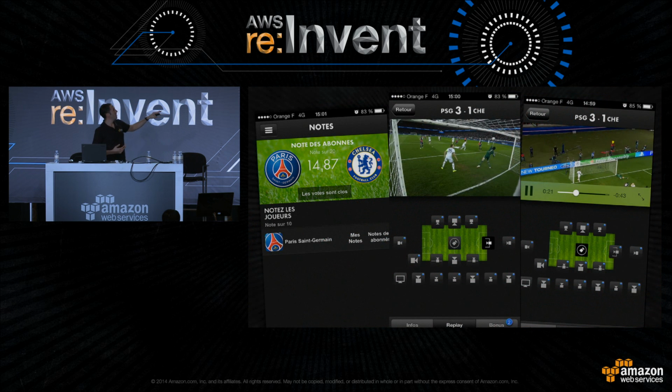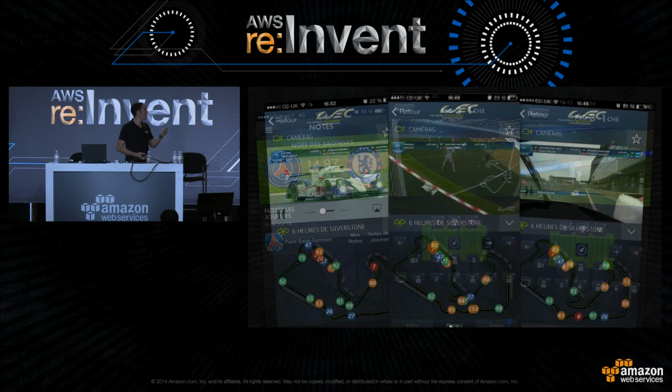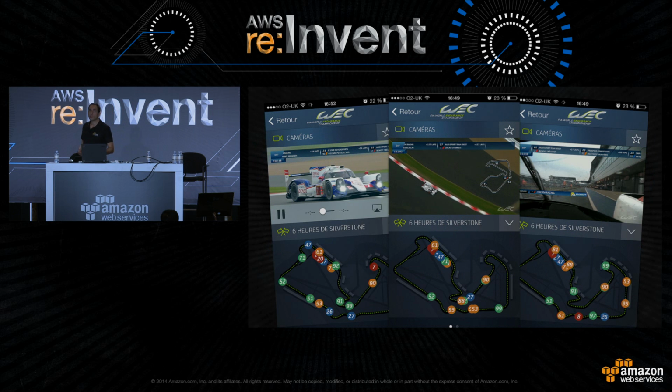You can watch the game from different angles. You have live video streams, and you can choose the camera with the mobile application, and do replays of actions that you choose yourself. That's really media enrichment, because they are adding value and data to a show, to this soccer game, and you are the editor, the one who chooses which actions you want to replay and see again from each angle. And now they do it also for other kinds of sports.